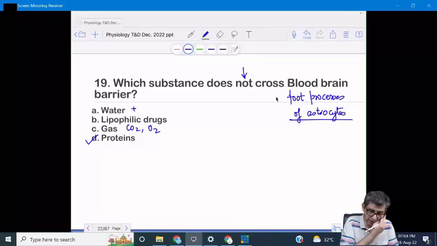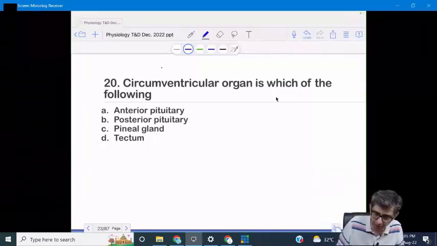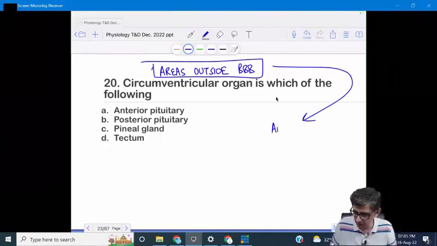Yes. Moving to question number 20, circumventricular organs. The meaning of the word circumventricular organs is areas outside the blood-brain barrier. The best example of an area outside the blood-brain barrier that I can give you while I'm waiting for your answers is the vomiting center. I mean, if somebody eats poison or somebody has food poisoning, before brain damage occurs,